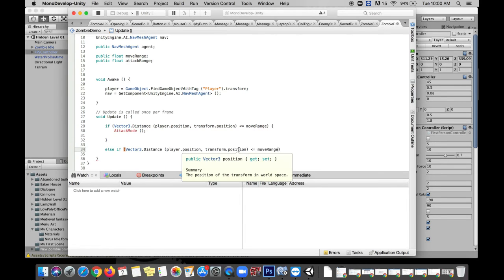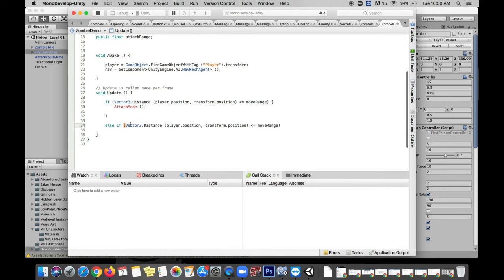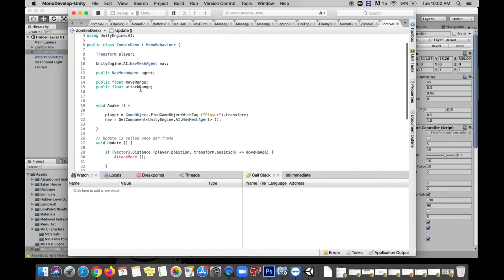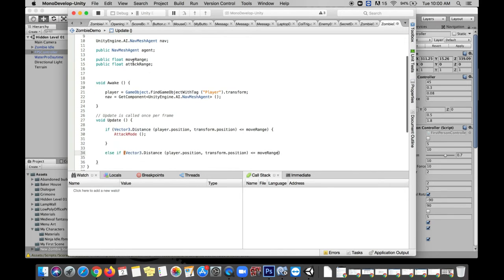Now, it's not perfect, but the change that we need to make is pretty small, because down here in this else if is where I want to test whether or not we are within the attack range. We already tested if we were within the move range, and actually, if you're paying close attention, you'll notice that I just said something that's not exactly true. We wrote attack mode here, but we were checking for move range. The error here was checking for move range. We should have been checking for